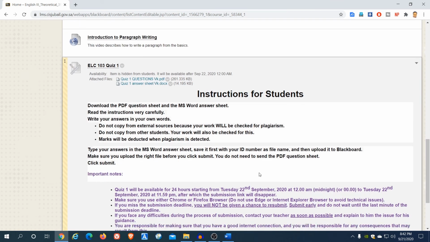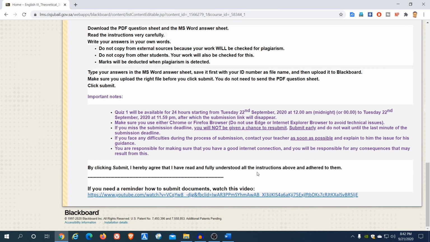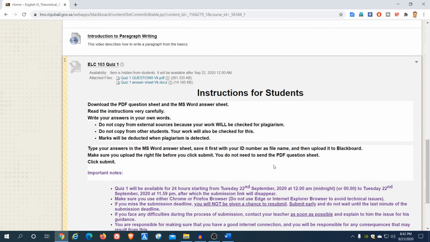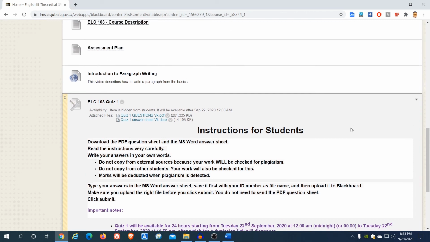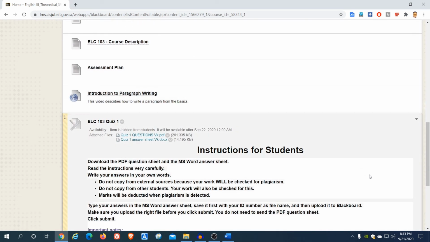So this is how to create a quiz or test or examination for your purpose through the assessments and assignment menu. So that's it. I hope everything is clear to you,